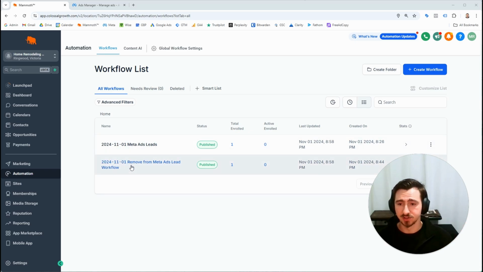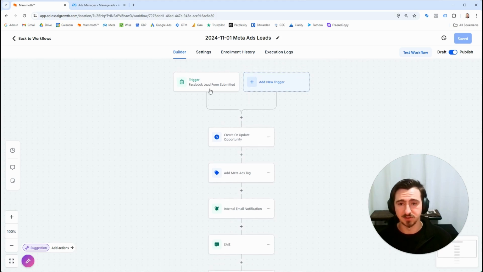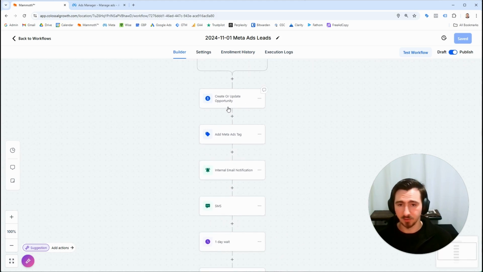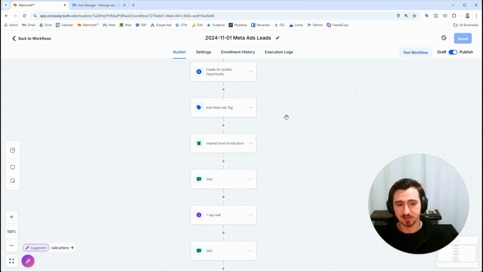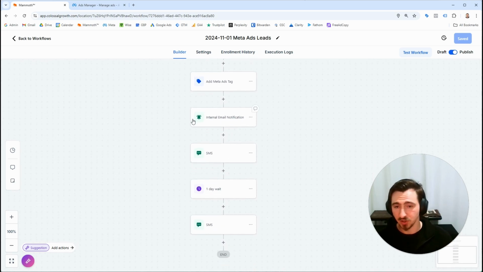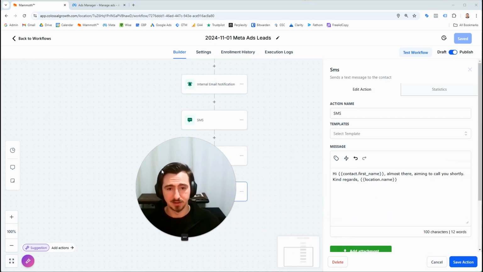But right now, just to recap, really basic, what's now going to happen within Mammoth, the CRM, is when the Facebook lead comes in, you're going to have an opportunity created in the pipeline. You're going to have a tag added for lead segmentation to segment where the lead came from. You're going to have an internal email notification to notify yourself or whoever that you have a new lead so you can get onto them. There's going to be an automatic SMS saying, hey, I've got your details. And if there's a day wait and nothing's really happened, you haven't heard from them, you've got